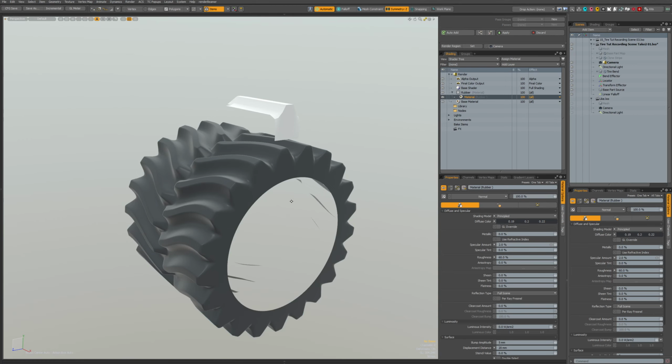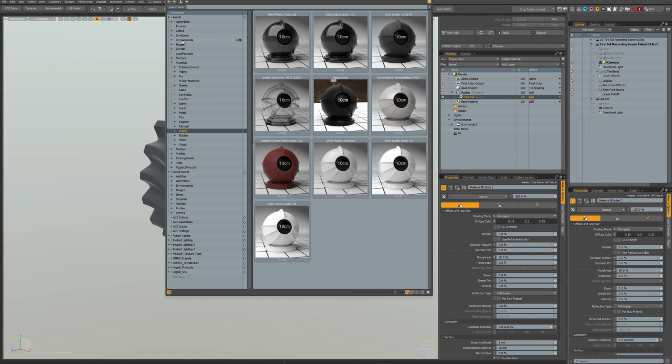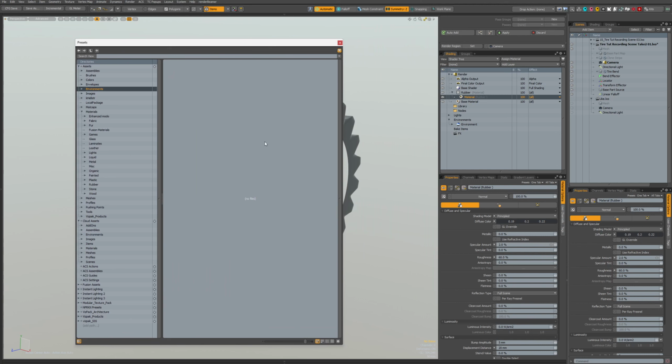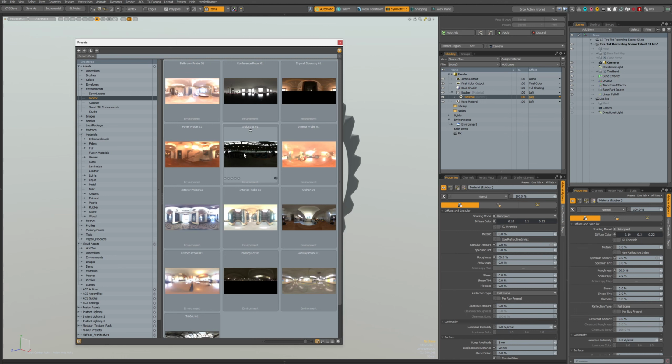And what I want to do is, F6, I want to add an environment to get some nice reflections. Indoor, let's take this industrial, for example.